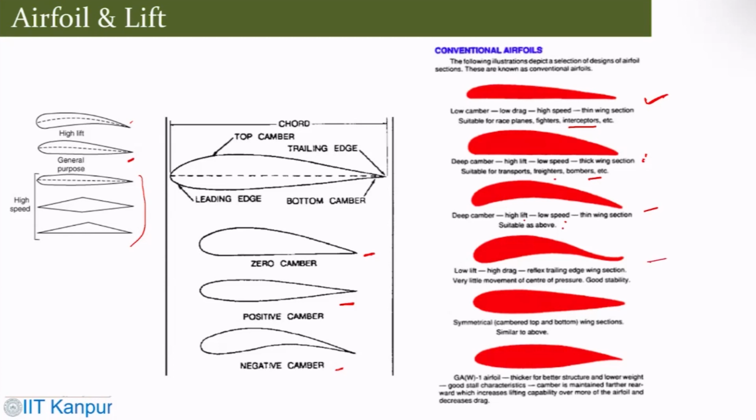Thin wing section suitable as above. This is for low lift, high drag system. The reflex trailing edge section has very little movement of center of pressure, good stability. This is a symmetrical wing section, pretty much similar to the above. This is thicker for better structure and lower weight. Good stall characteristics. This airfoil camber is maintained further rearward, which increases lifting capacity over the other airfoil and decreases